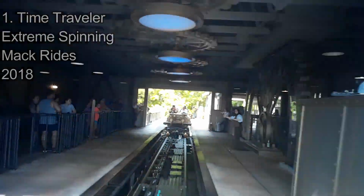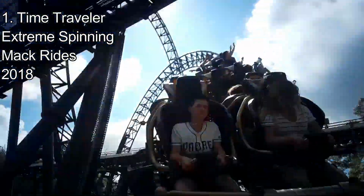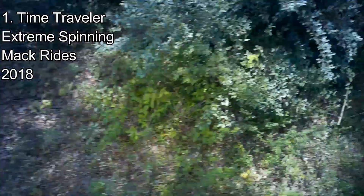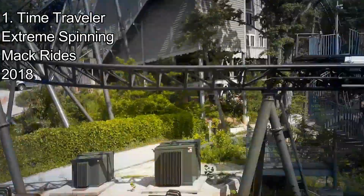The back row is a place to sit for all of the whippy elements and of course that 90-degree drop straight out of the station. The back row surprisingly provides a feeling similar to your first time on a hydraulic launch on the drop. After the drop are many incredible elements on a spinning coaster, including a dive loop, 2 launches, a loop, and